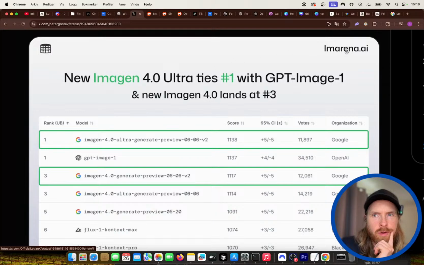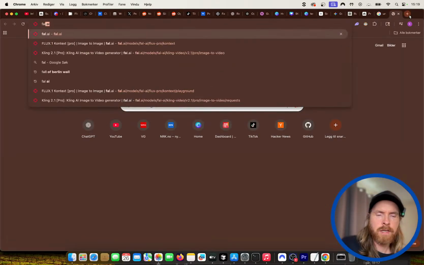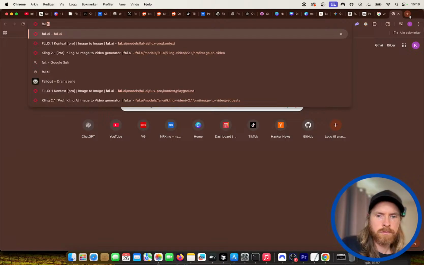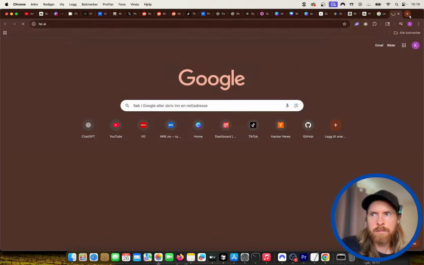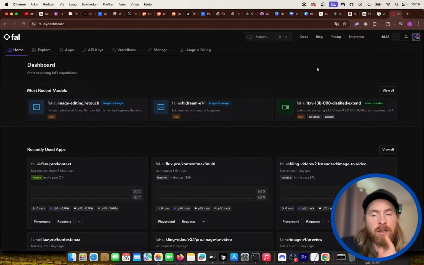So this is also on LM Arena, but this is for images. Can we test that out? I like to have AI improve my simple prompts. Yeah, I kind of like that too.